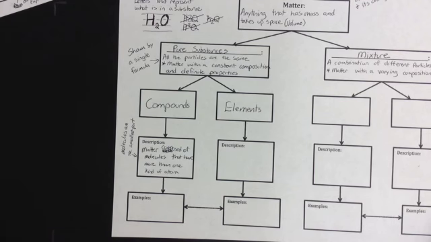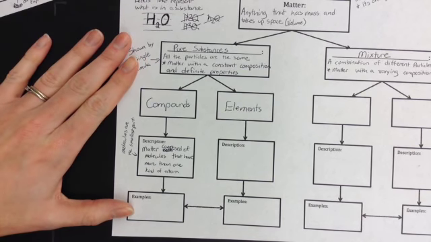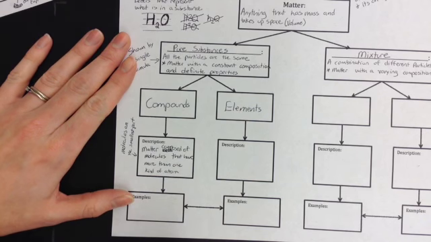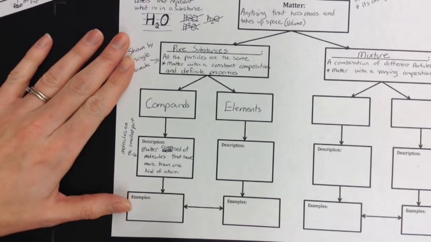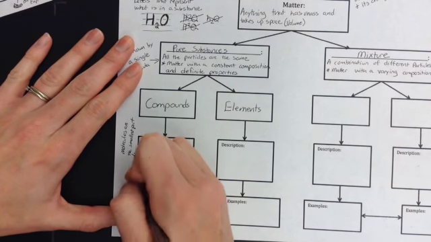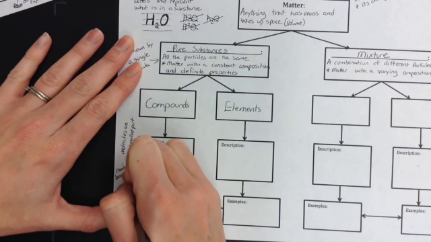We took some water and we ran some electricity through it, and we broke it up into the hydrogen and oxygen that make it. And the hydrogen wasn't the same as the water. It was a gas, and the oxygen wasn't the same as the water. It was a gas too. So we had 2 different kinds of elements in there, and together they make water. Apart, they both are involved in fires. So we don't catch water on fire, we catch other things on fire. So you can't break the molecules